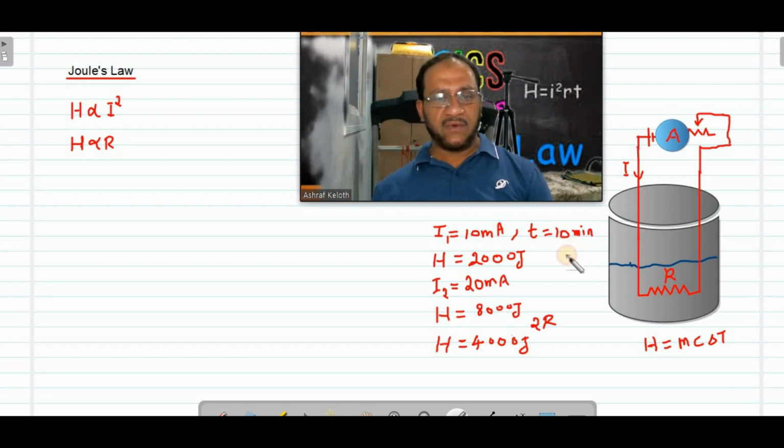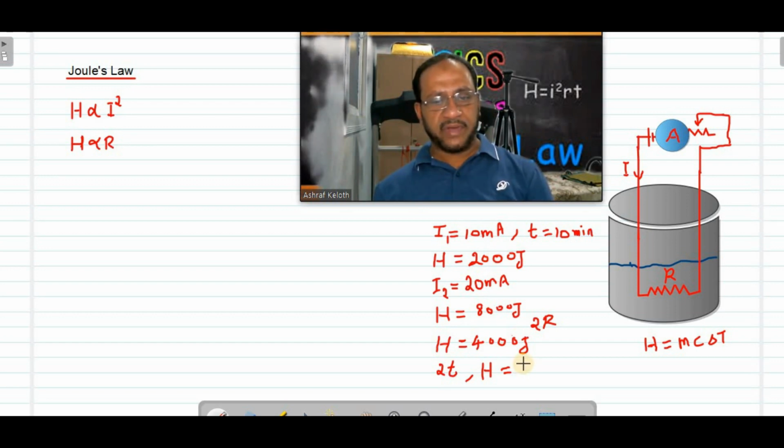Then can you tell me what will be the change in heat energy produced? If time is doubled, initially it was 2000 joule. How much will the heat energy be now? 2000 was the heat energy when time was 10 minutes. The same current, same water, same resistance, everything the same. But time I am making 2 times. 10 minutes I am making 20 minutes, for example. Then how much will be the...